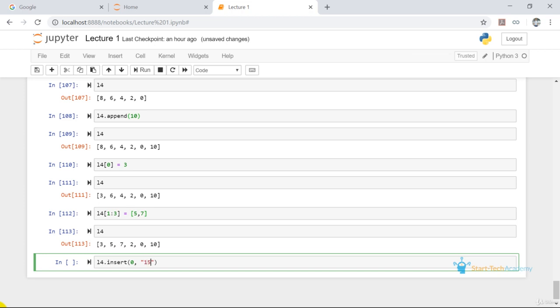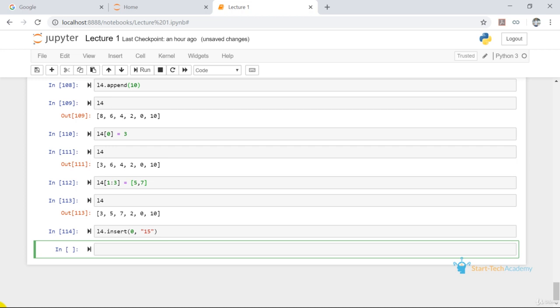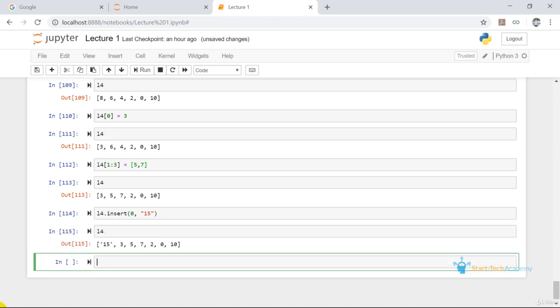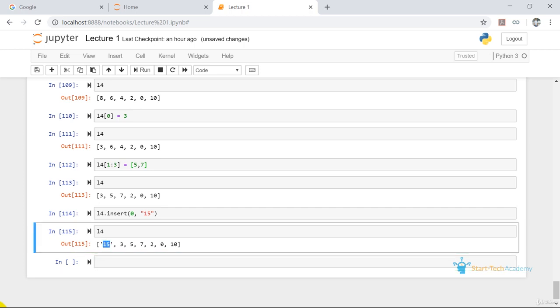If we write 15 in double quotation, this means we are passing this element as a string. So let's do this. You can see we have inserted this 15 string at the first position. Now all my other elements are shifted by one space.